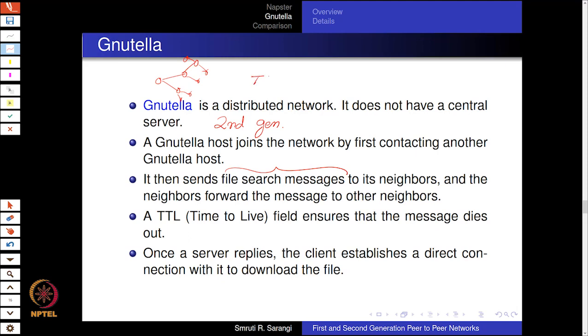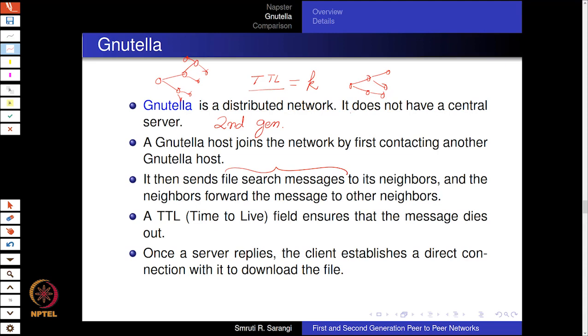So every message had a TTL field, a time to live field, that with every hop the TTL was decremented. So ultimately the messages died out. So if let's say that the TTL was equal to k, then this means that within a radius of k hops, all the leaf nodes at a radius of k hops, the message used to go to all of them, and the entire list of files used to come, and this is how a node used to initialize itself. All right,